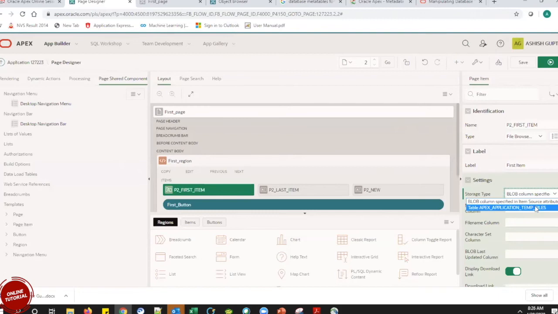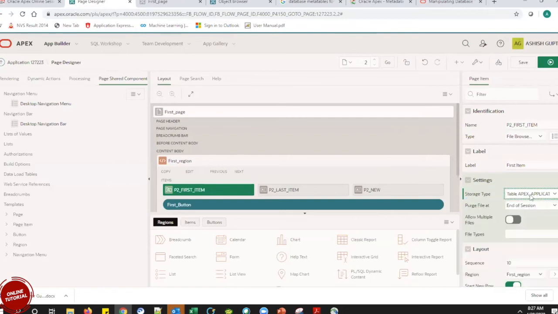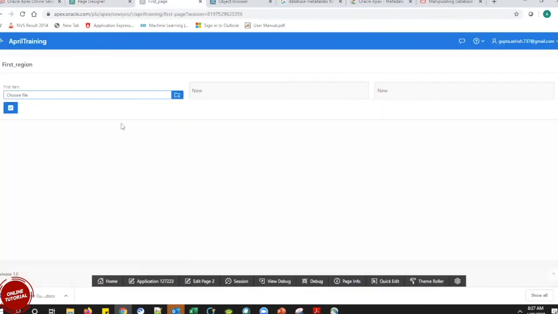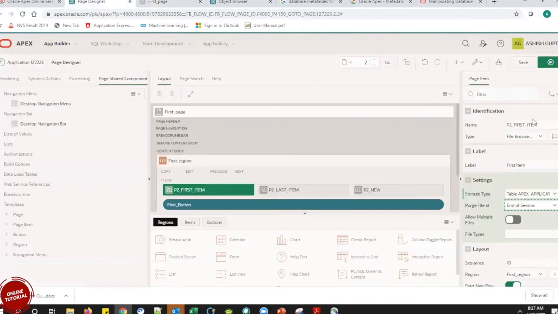In my blob columns, I really need a physical database column where I need to store my values. But in the Apex application temp files, I am just going to show those values till my session ends, and I can process my request to show whatever records I have in my front end screen. This is about my file browser.